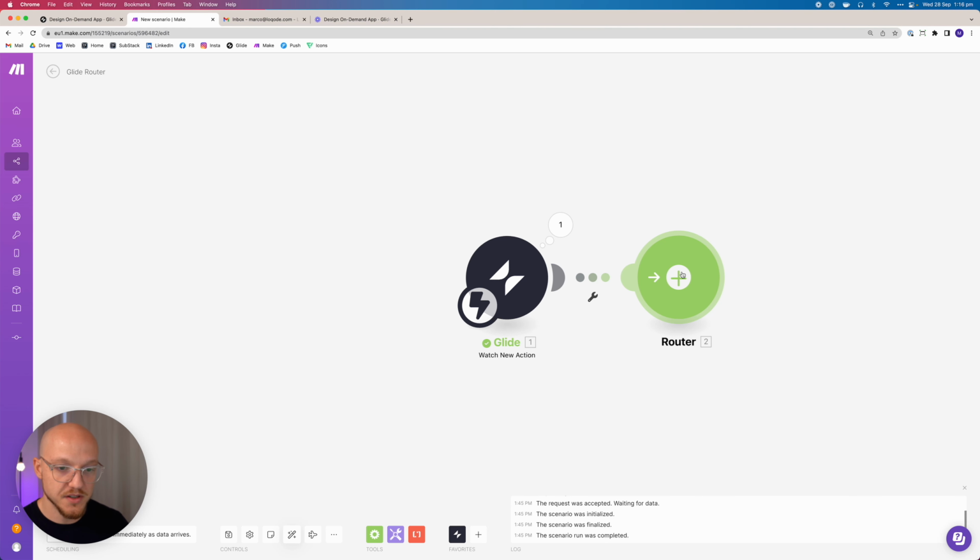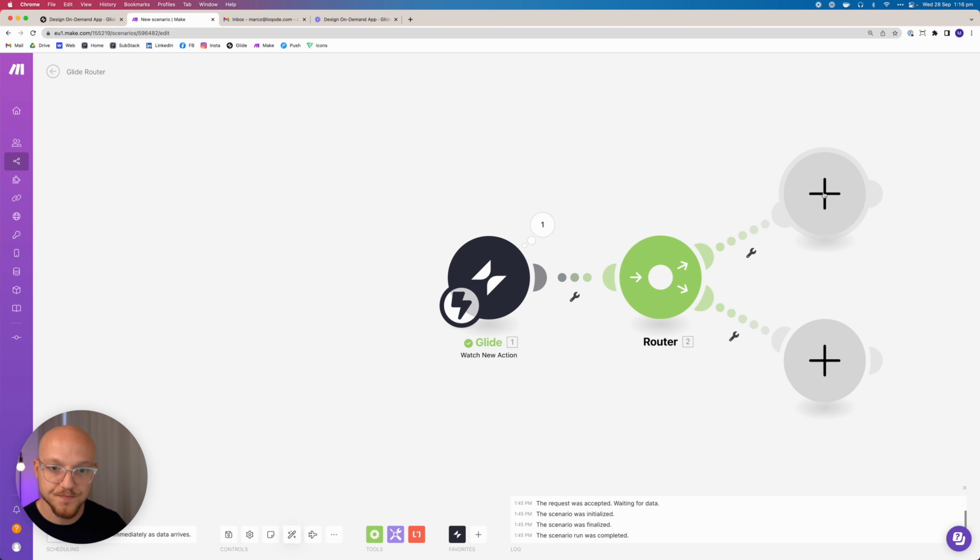And this router, the information from Glide is going to come into this router, and then this router is going to send it off in different directions depending on what that route is. So what we want to do is now create a route, and you can just go straight to, for example, the email that you want to send them, but I use a service called Pushover, and this is basically just a notification service that sends straight to my phone